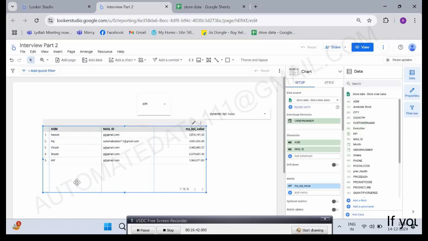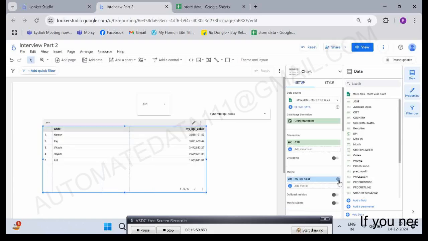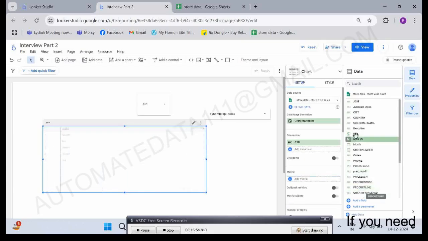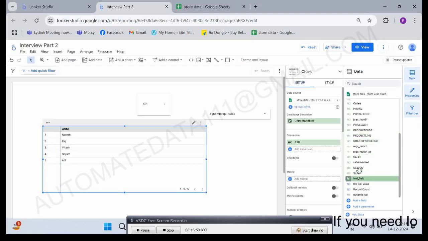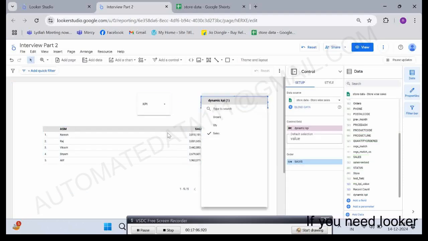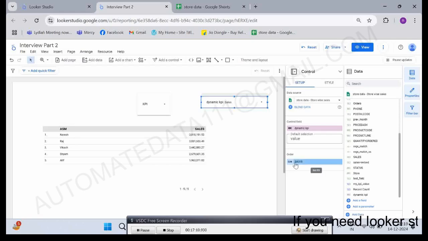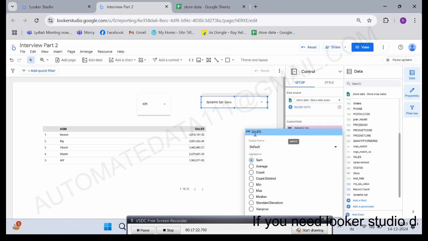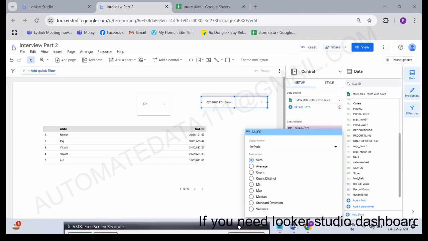Now what we can do here, let's say our current year data. So I am removing my mail ID and taking my current year data. For that I will say current year sales. So my sales is this one. This is my current year sales. Now against this current year sale, I am just renaming this one and putting here the current year sales. How to rename? This one is my current year sales, and if I want to rename this one,